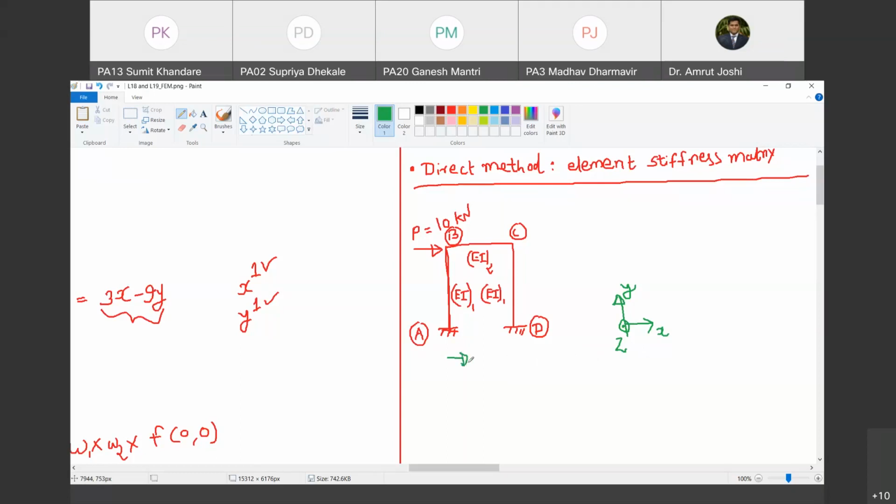So this is the first degree of freedom. I'm going to call it as U1. All the global degrees of freedom will be marked using capital letters. So U1. And what is the another degree of freedom? I will assume that these are anti-clockwise rotations. So initially I'm going to assume everything in positive direction. U1 towards right, positive x, and U2 is the rotational degree of freedom at A. Are you with me? Yes, sir.